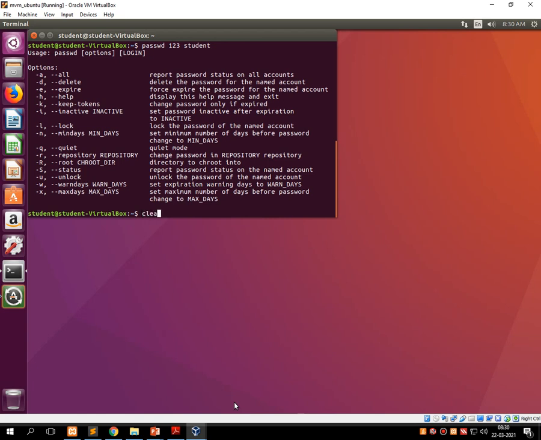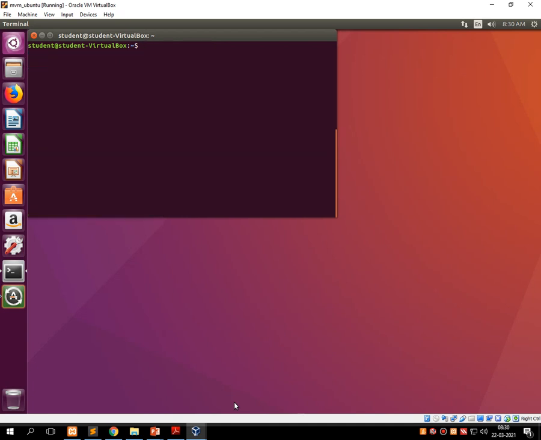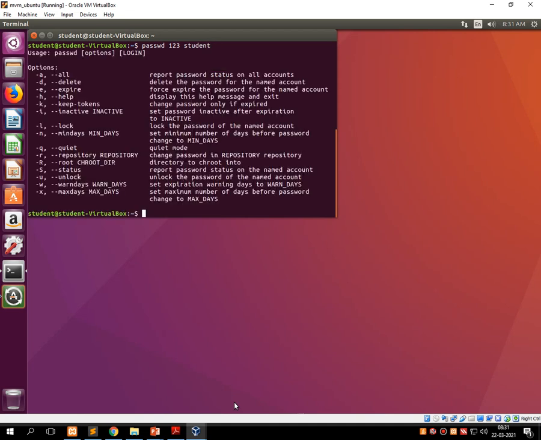Let me clear the screen first. Again I am writing PASSWD, the password which I want to keep, in the name of the user. It lists out all the options.